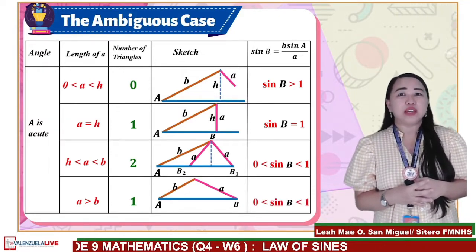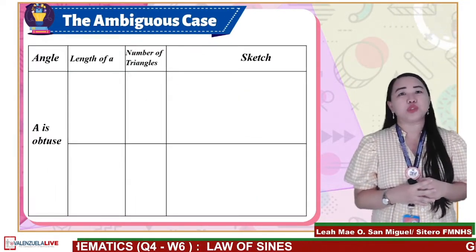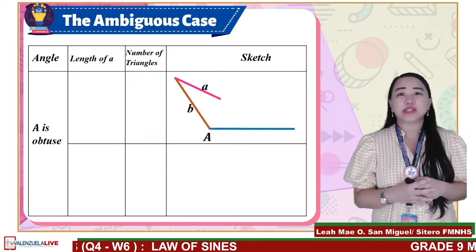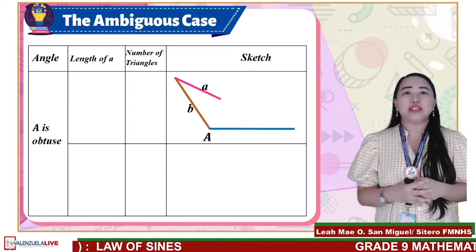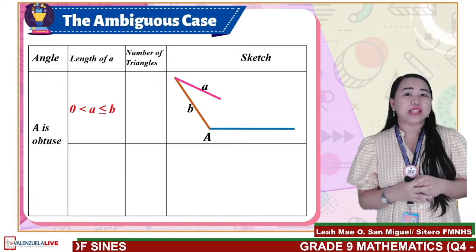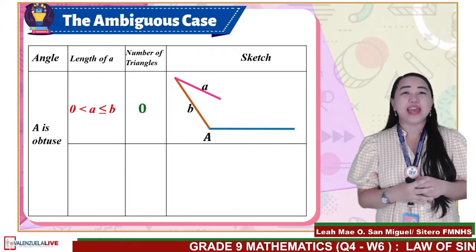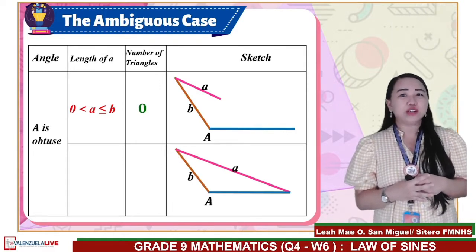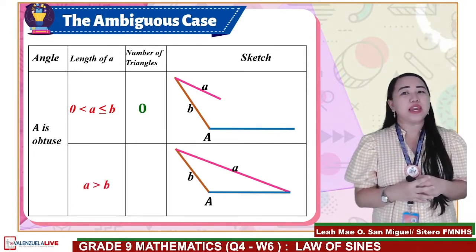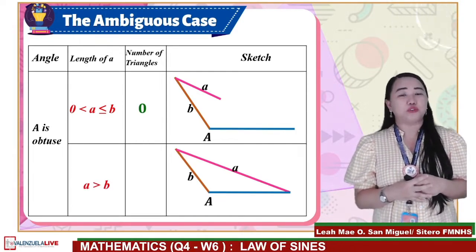And now, if the given angle is an obtuse angle, for the first sketch, it is very clear that the length of A is less than the length of B. Hence, there is no triangle exists. And for the second sketch, the length of A is greater than the length of B. Therefore,